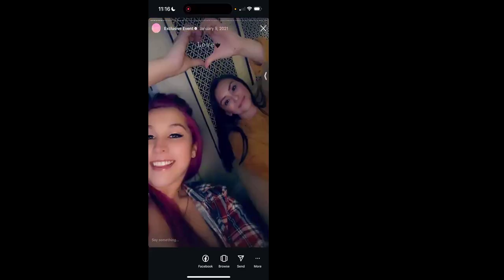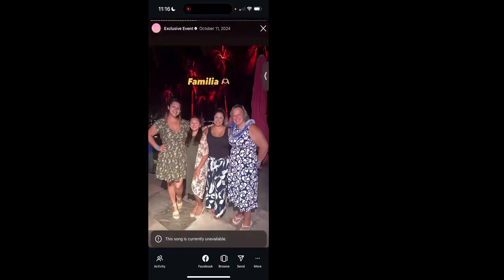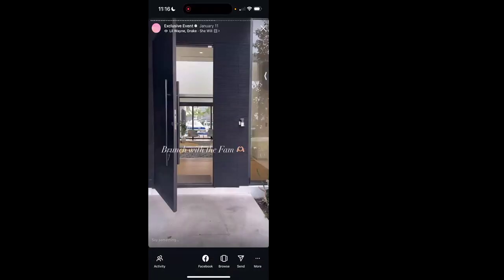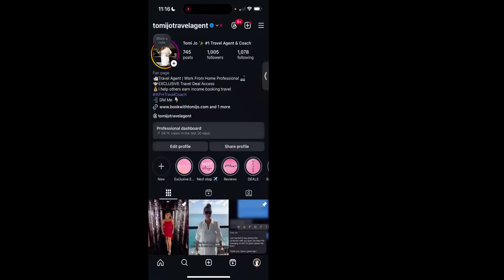And the nice thing is once they watch this, right, and they get to the end, when you add a new one, it only shows them the recent that they haven't watched. So they're not having to watch all, you know, 200, etc., that are in here. Okay. So those kind of things. That is the highlights. Now on your page, whether you're doing a post or you're doing a reel,